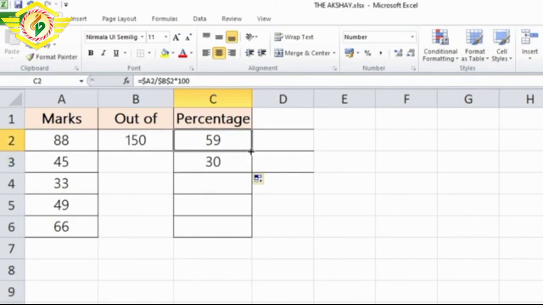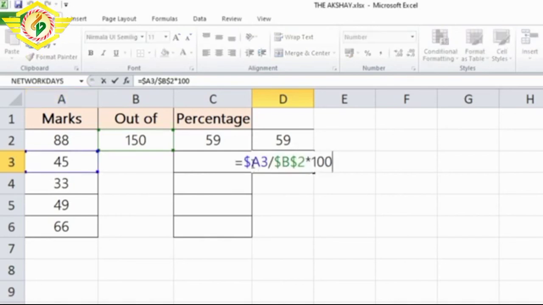Let's drag it here and see what happens. See, it is still 59. If I drag it below, it is 30 because we have fixed the A column in the formula. See, the A column is fixed. That is why I can drag it to the right side and still it is giving me the correct percentage according to the marks in the A column.